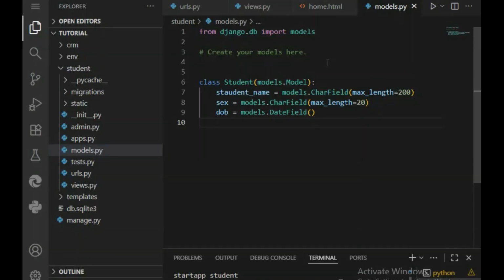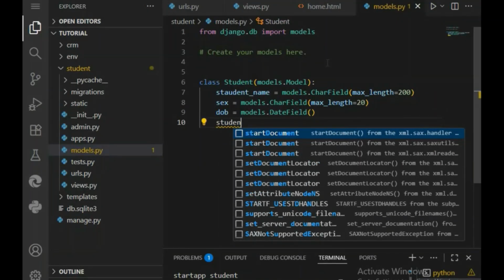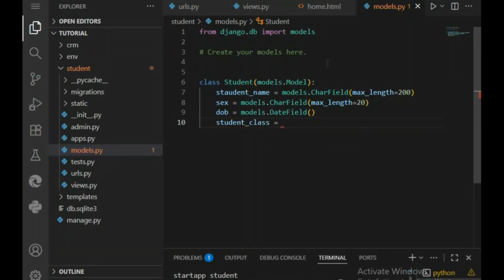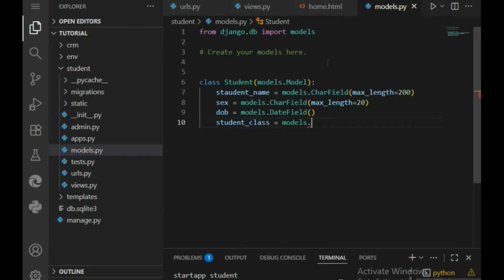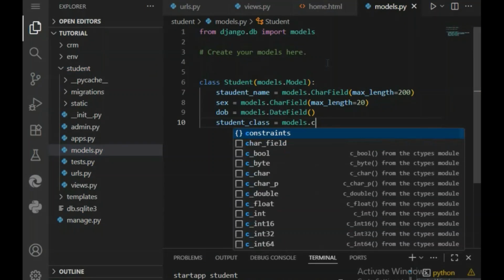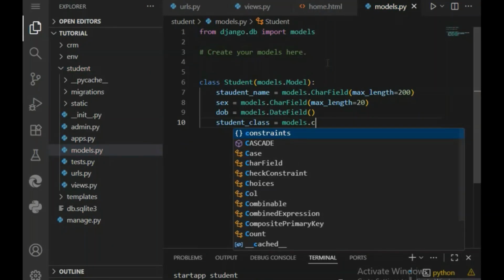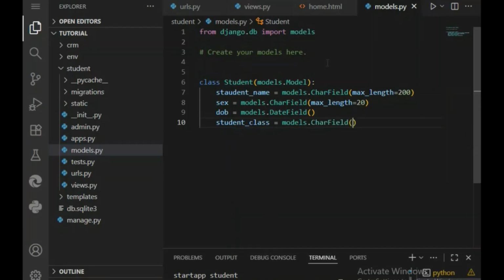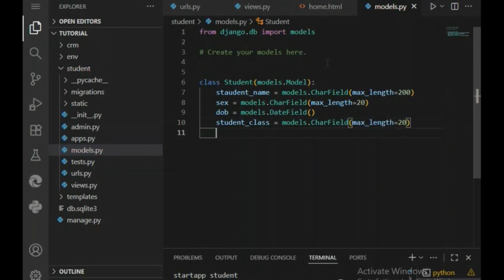Okay, so what we need again for this is the student class. student_class equals models.CharField, and we're going to use max_length of 20, and we're going to have parent name